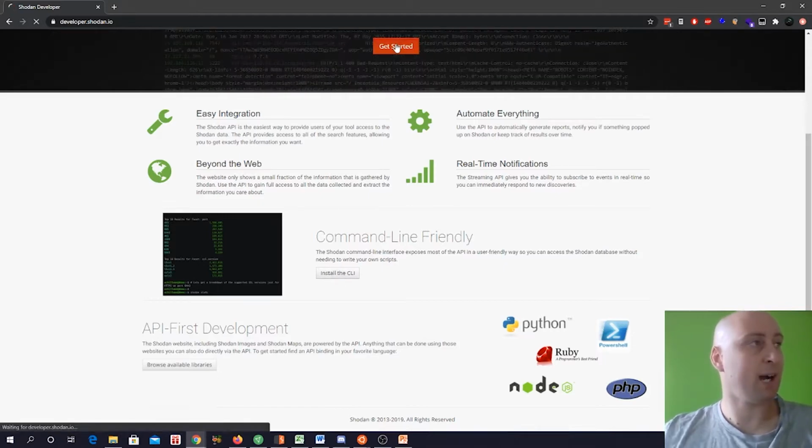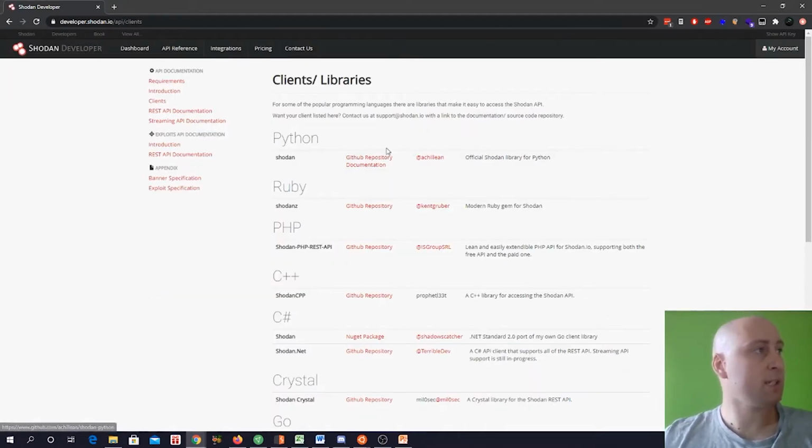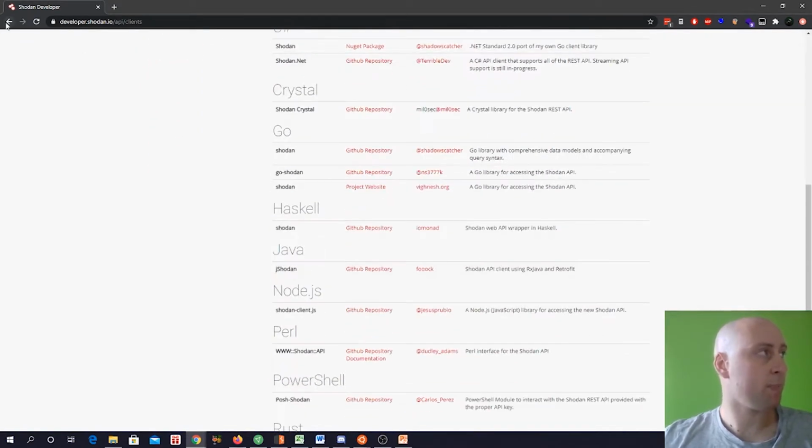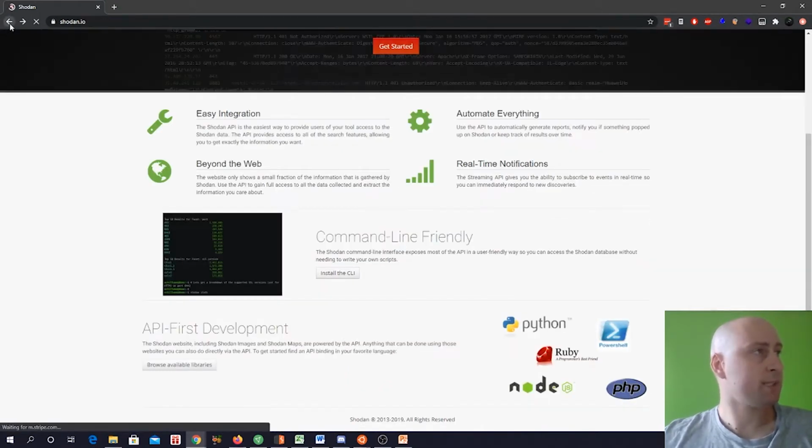So we'll click on Get Started, and here's some of the programming languages they support if you want to program with Shodan: Python, Ruby, PHP, C++, Go language, and many other languages. To register, we just need to simply go to,